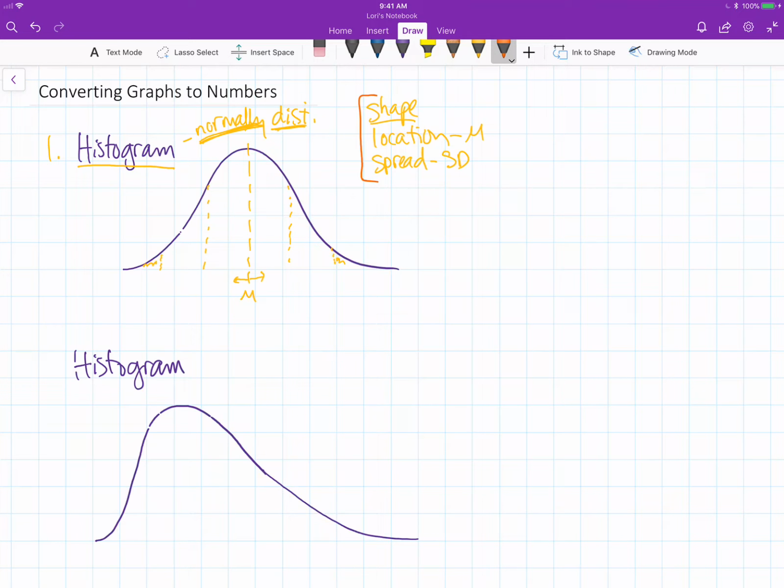But what that also means is that if we know the shape of the curve and its mean and standard deviation, how far it is between here and here, which if it's symmetrical, then each of these four sections would be the same,